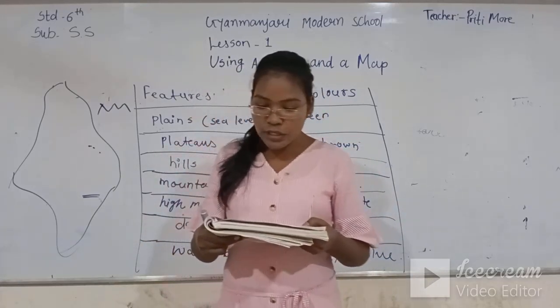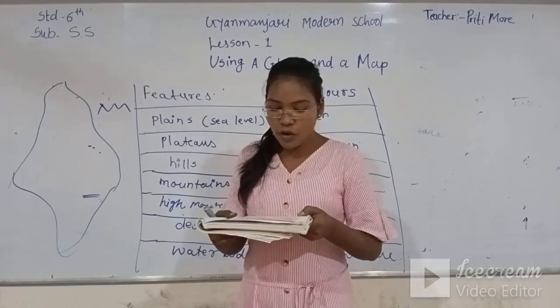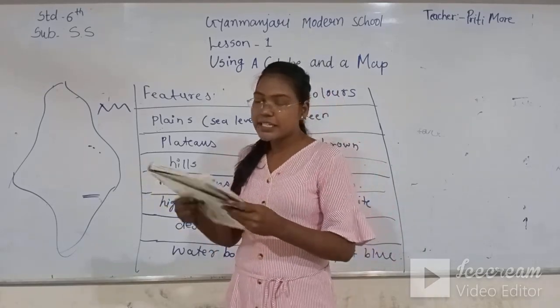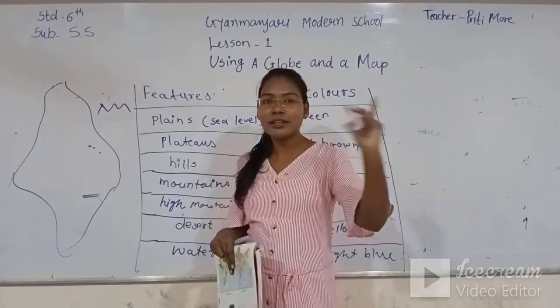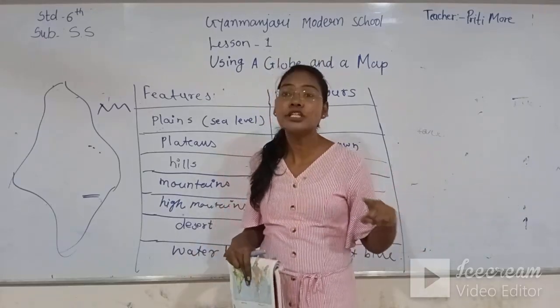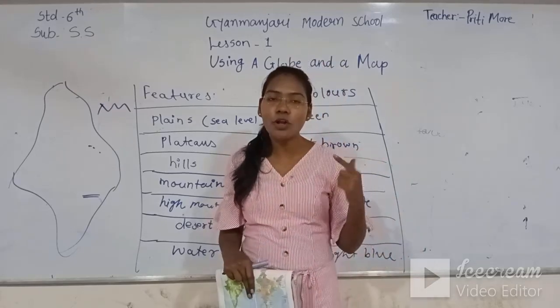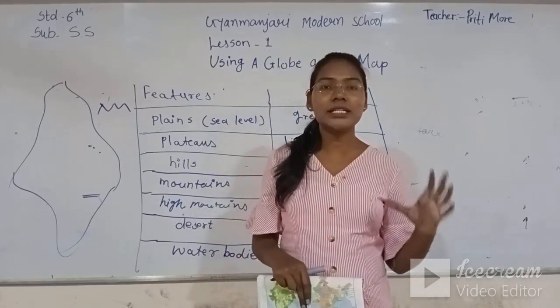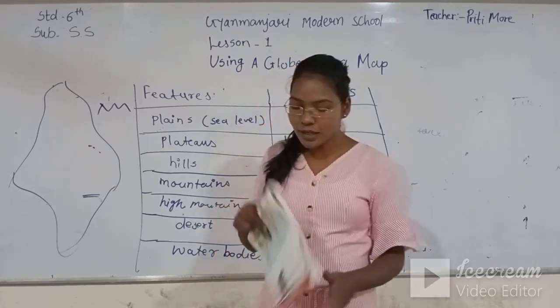A few common symbols are given. Some of these signs are seen on the roads too. Now see, if you go on the road, some symbols are there. On the traffic rules, some symbols are there. On the zebra crossing, there are some symbols. So you can get the meaning of this symbol, because all over the world, all the map makers agreed to put particular symbols for particular things.